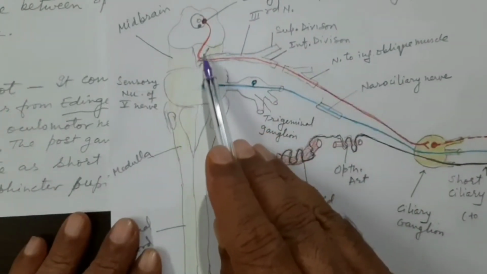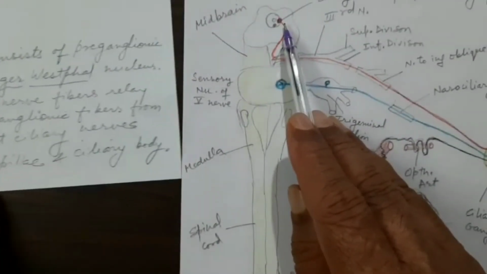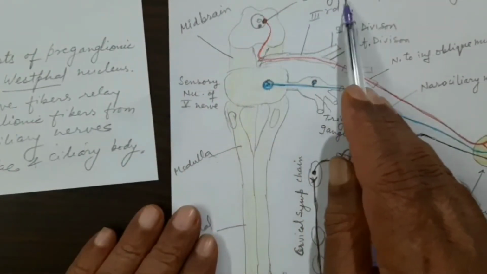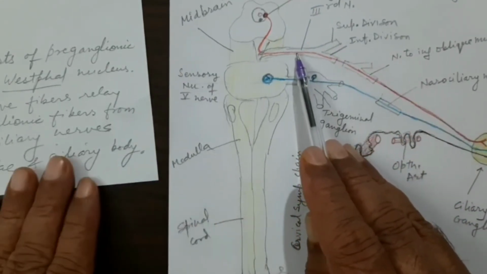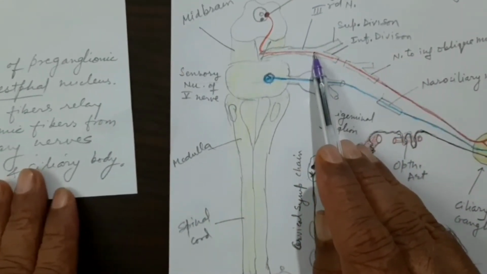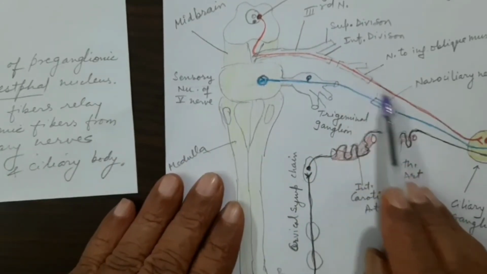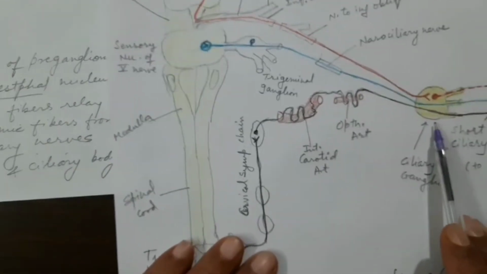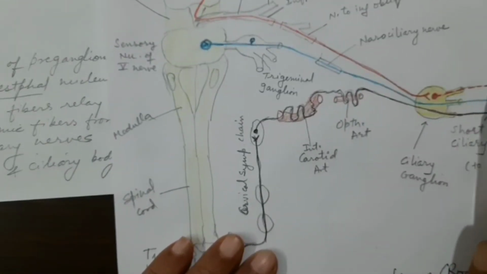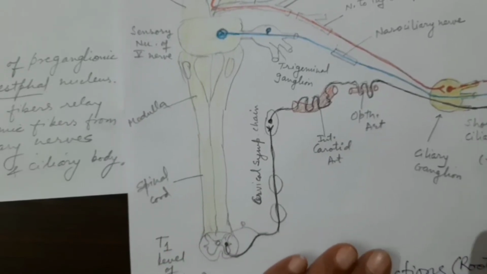See this, the preganglionic red line: preganglionic parasympathetic fibers arising from the Edinger-Westphal nucleus jump on to the oculomotor nerve. After traveling with the oculomotor nerve, the fibers will relay here in the ciliary ganglion. The postganglionic fibers, which I have shown here in dotted line, from this ganglion arise as